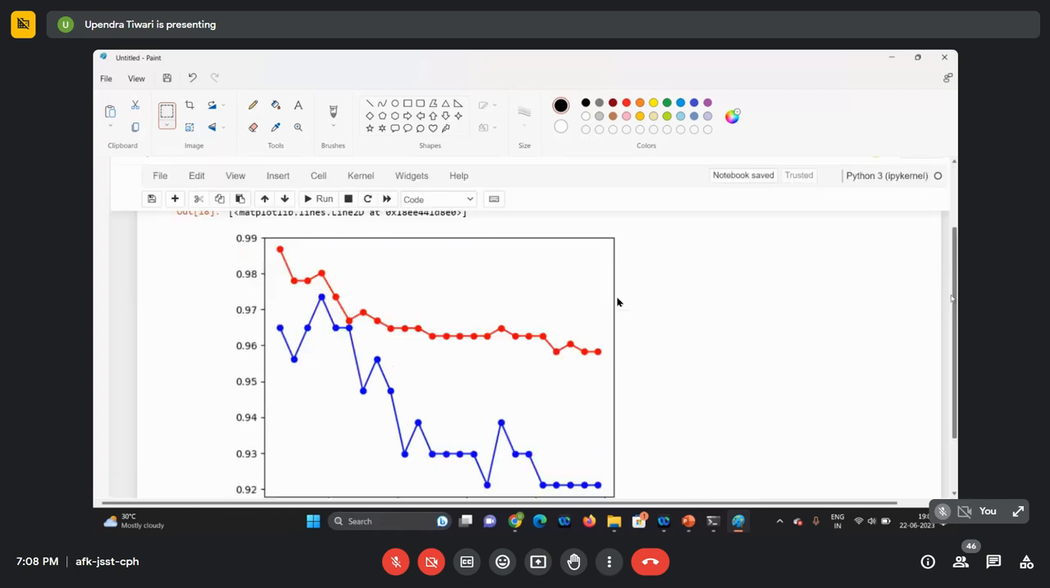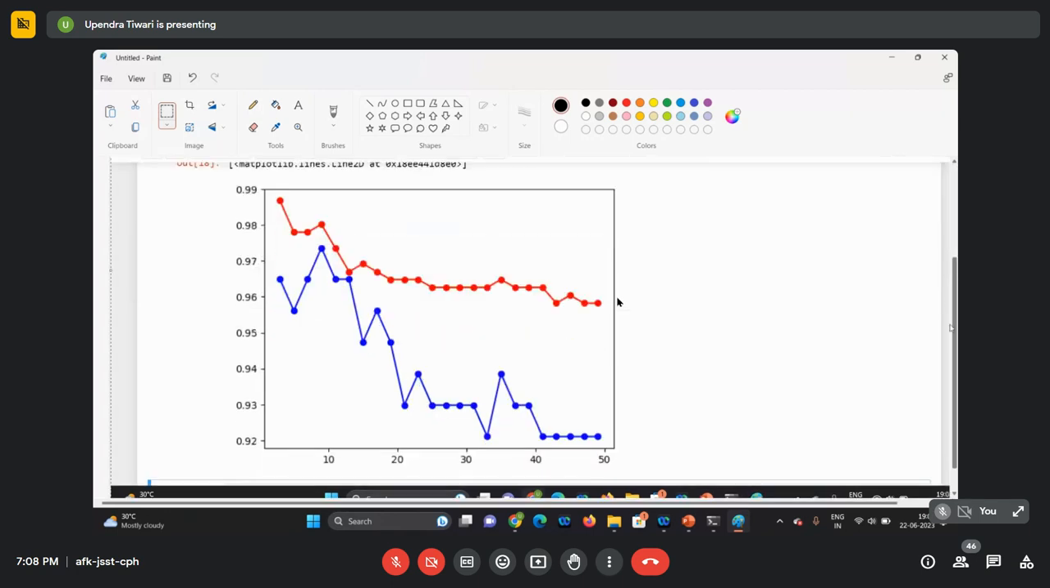Okay, everyone, please try this. So here we started with the value of k from 3. So you see,